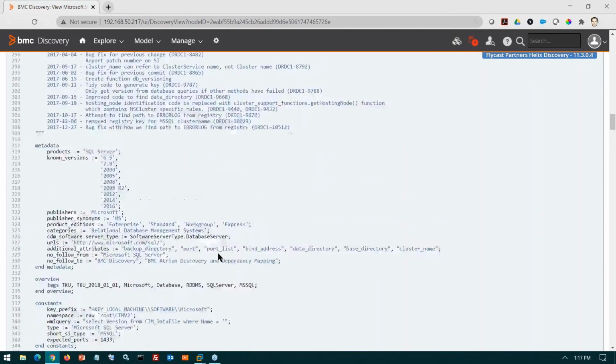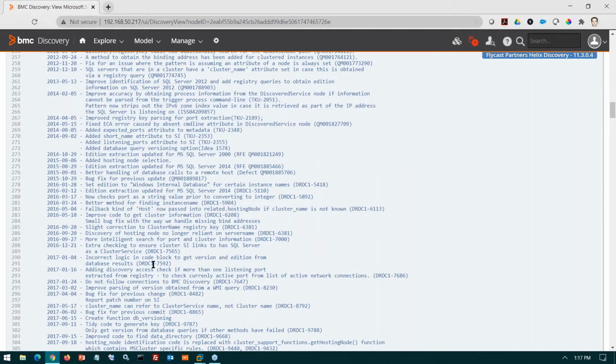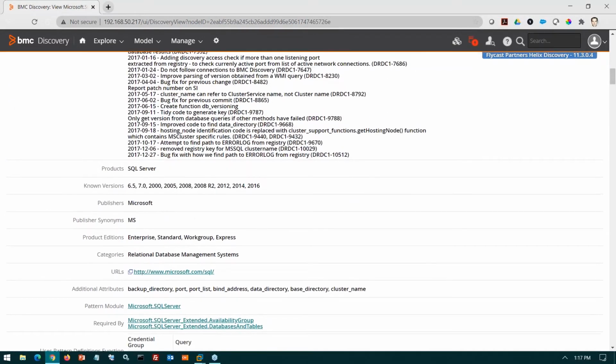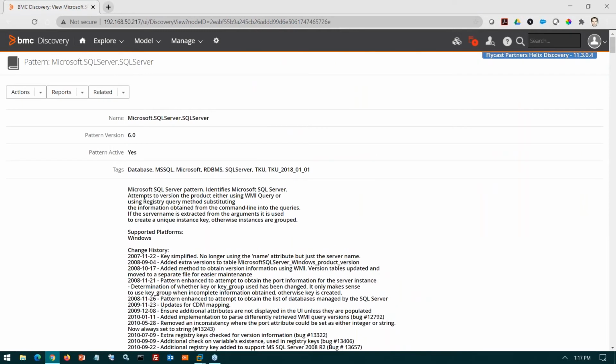These patterns can be updated just as easily as BMC does. So if you want to update the information you need to collect about SQL Server, or you want to store some additional information that BMC doesn't collect out of the box, it makes it easy for you to go in and update those patterns and give you a level of detail that you're not going to get by simply doing an SNMP scan or some type of an Nmap scan on the network, which is just going to give you some real high-level information,